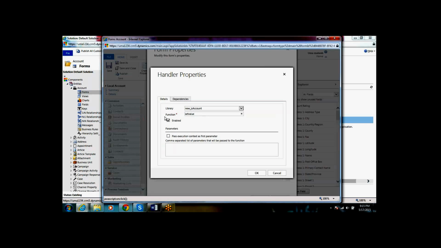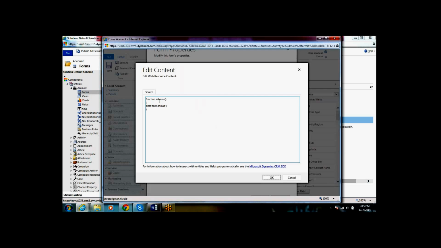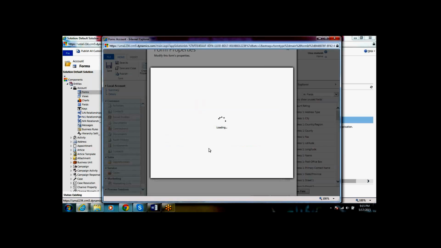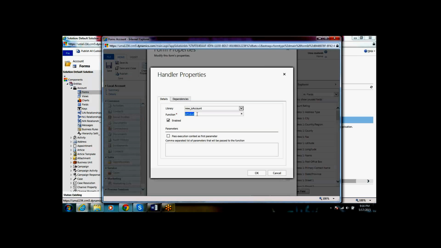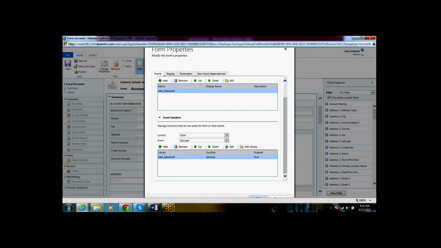If it is checked, this method will be called; if it is unchecked, this method won't be called on loading of the form. Okay, set value. Click on OK.